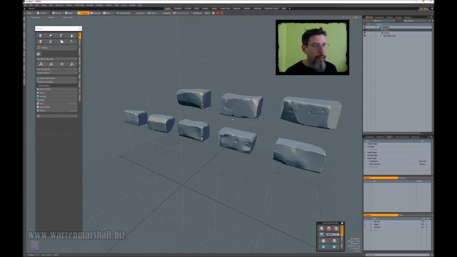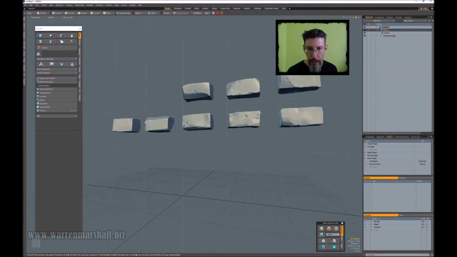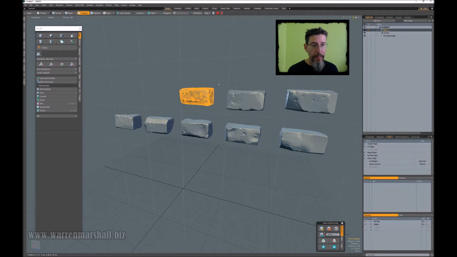Okay, so with this setup, now what I need to do, this is one big mesh item. So I need to split these bricks off into their own mesh items. I guess I don't have to. Now, you know what? Let's not do that. I want to try it the other way. What I do have to do, though, is we're going to have to set these up to be a uniform size because I want them to stack together nicely. But we also have to do a little math in our heads because we want to make sure that they're going to tile correctly. So if I select all the verts on one and I go into the absolute scaling dialog,